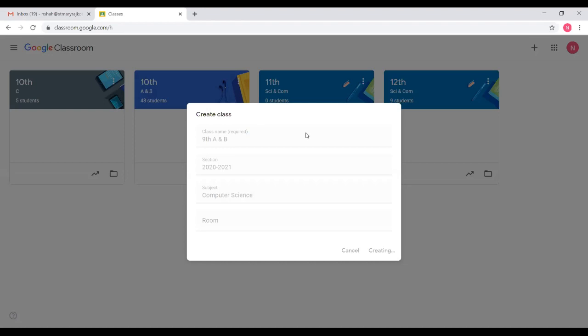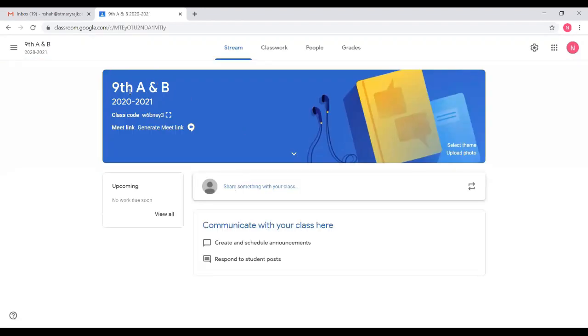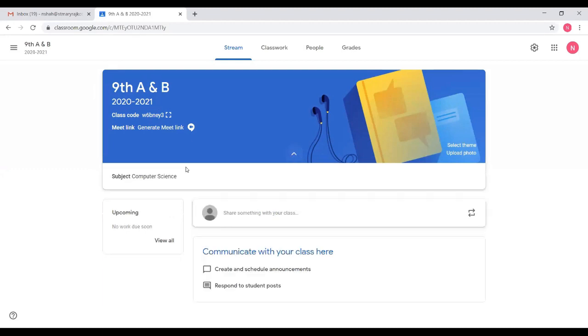As you click on the create button, it will start creating your class with the information you provided. As you can see here, 9th A and B, 2020, 2021, and computer science, which we had written. If you click here, it will show you the subject computer science.